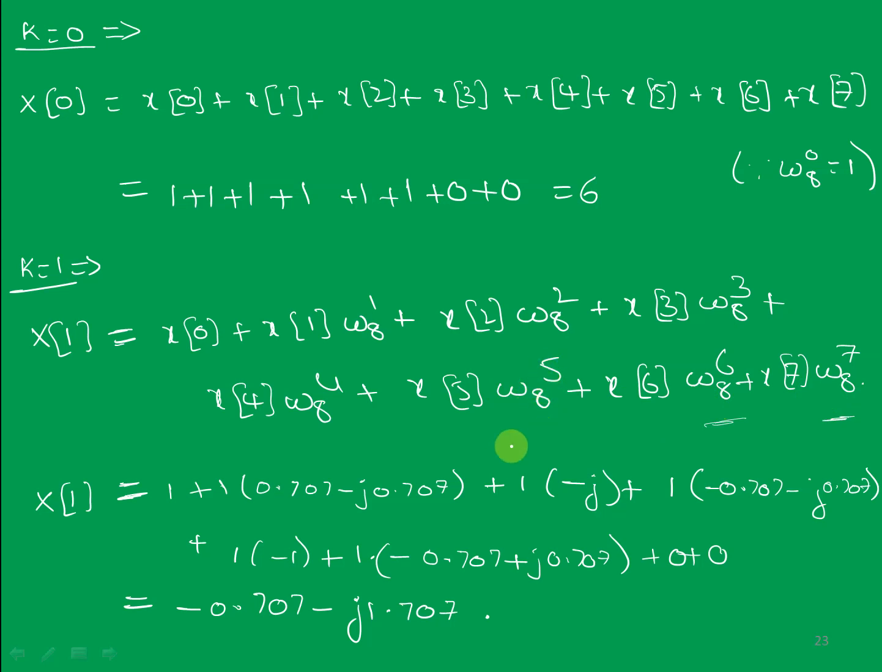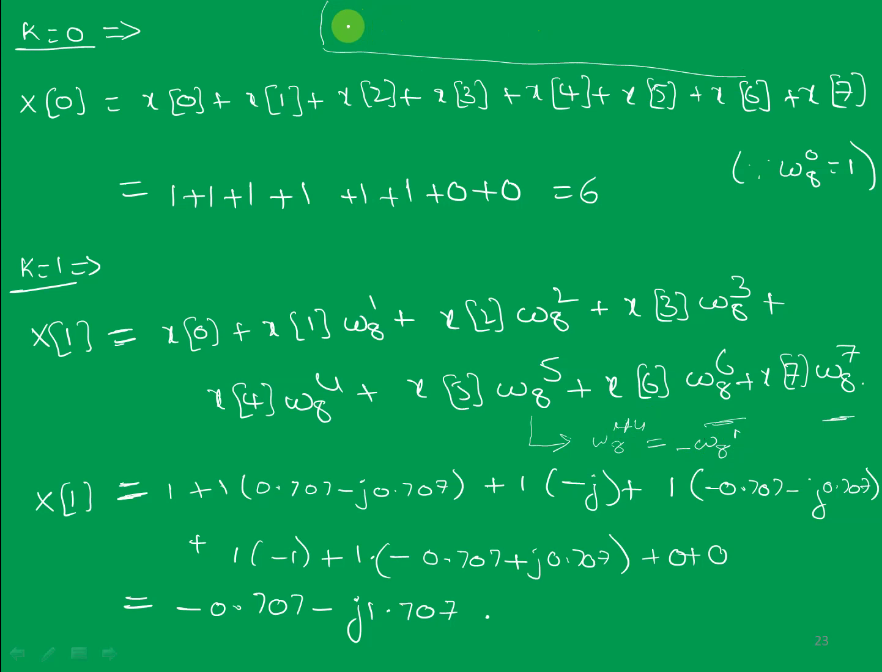What is the w8 power 5? W8 power 5 is nothing but, based on the symmetry property, w8 power 4 plus 1 is equal to minus w8 power 1. So here, since you know what the periodicity property and symmetry property are,